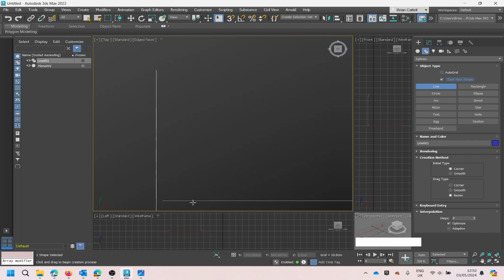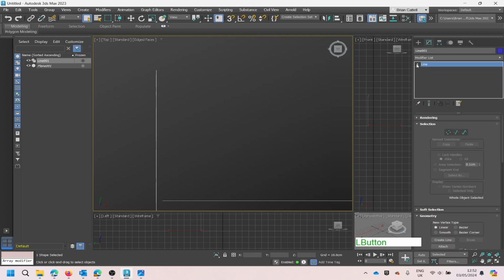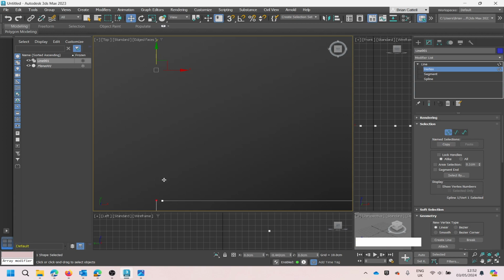Now what I want to do is move the verts around until they can meet up at a point, but I don't want to move them in a direction that's not the line that's already coming from them. So it's actually a segment in sub-object terms. So I'm going into Modify, Line, Vertex sub-object. This one I want to move, so W to move just in its linear axis,